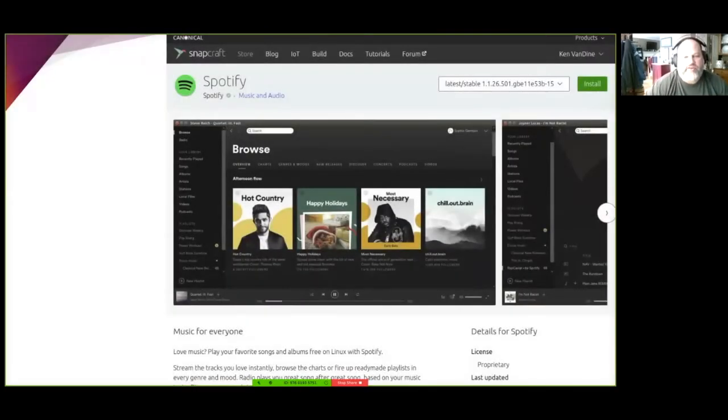Now let's look at a concrete example. There's plenty of free and open source music players out there. However, many users want Spotify. Just an example. They use Spotify on their mobile devices, their TVs, in their car, etc. So surely Spotify would be a welcome addition to the desktop. This is where Snaps and the Snap Store comes in, which I'll talk about a little bit more later.